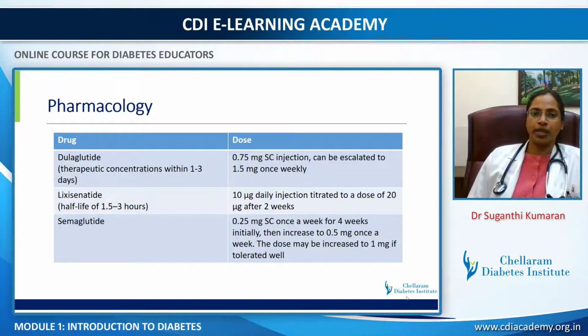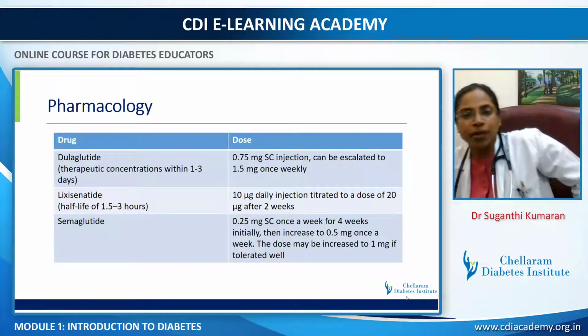Again, this is given once weekly. So the two GLP-1 analogs which can be given weekly are dulaglutide and semaglutide. Actually, oral semaglutide is in research now. As for now, we have only injectable semaglutide, which is 0.25